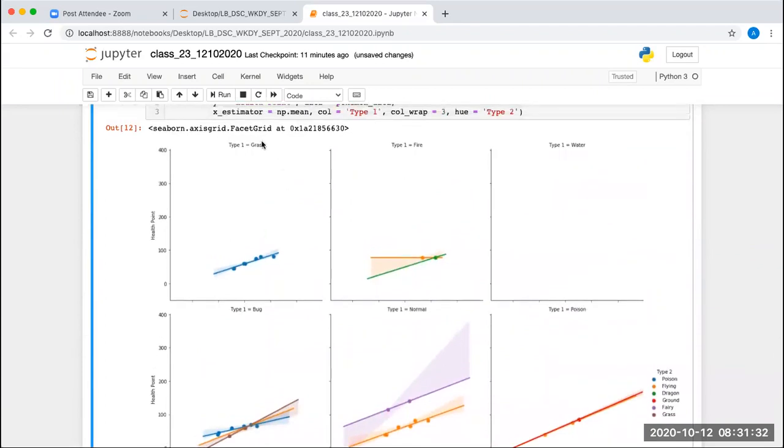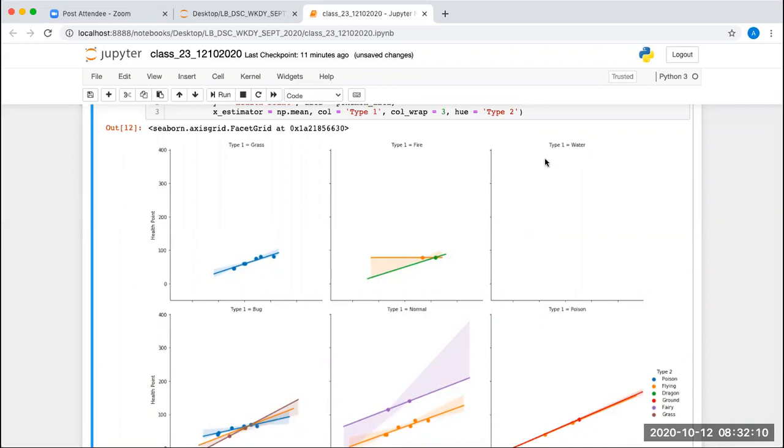For type 1 equal to grass, the relationship between health point and total point is such that almost whatever Pokemon character you have, they have type 2 value as poison and type 1 value as grass. Now in this graph, all the Pokemon characters where type 1 value is fire have two values in type 2, either flying or dragon. And this is the relationship between total point versus health point.